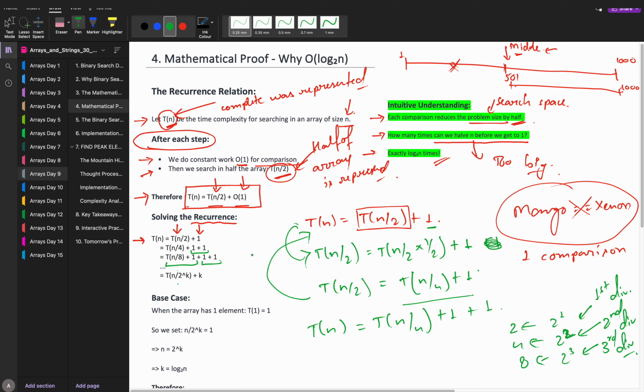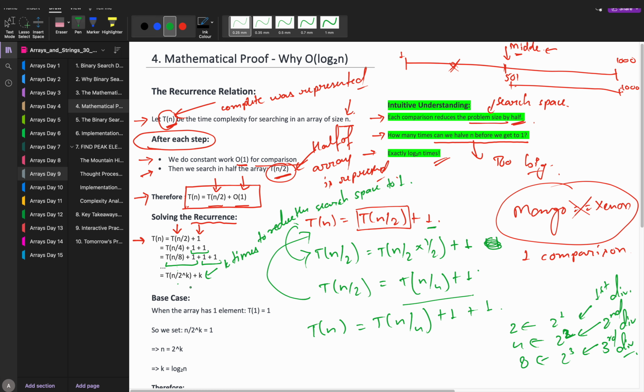Similarly, let's say I kept dividing k times, such that my problem size was reduced to 1 only. That's why I am stopping. Let's say I did this division k times. I don't know how many times I needed to divide it such that my problem would be reduced to a size of 1. So let's say I divided k times to reduce the search space or problem size